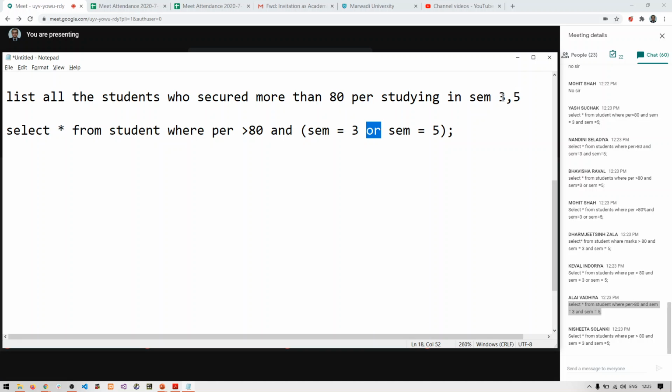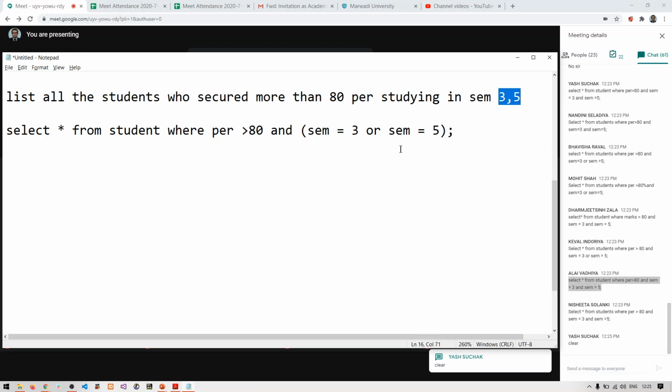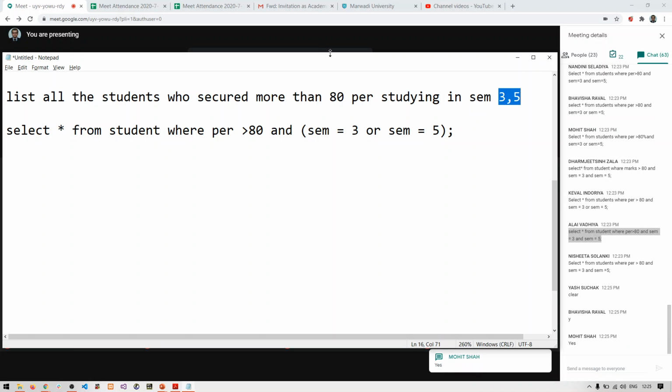Why? Because here it has been given as a comma separated value. If it was like who study in SEM 3 and SEM 5, then you have to write AND. Clear with this, guys? Comma means OR. Again, I am repeating this. Clear, everyone? Any doubts?